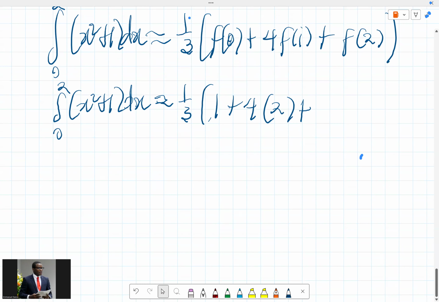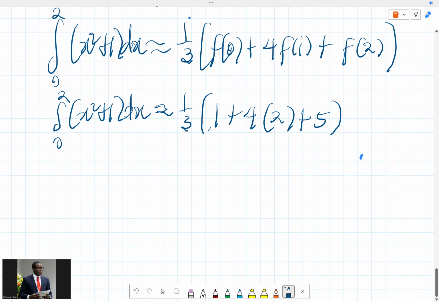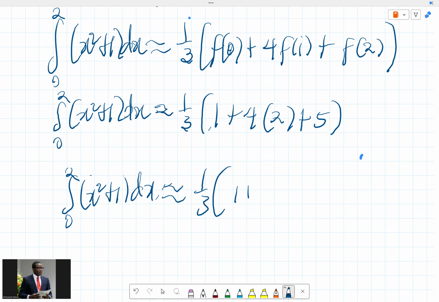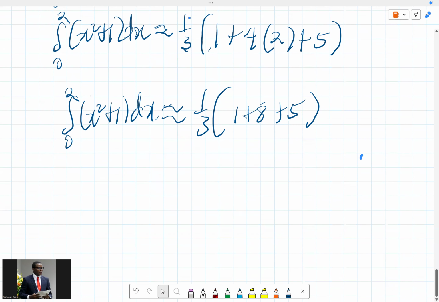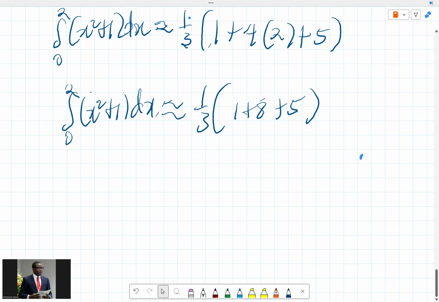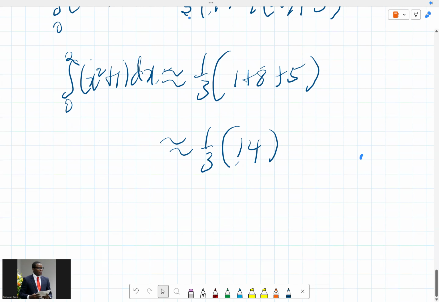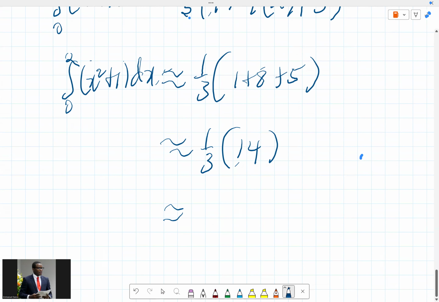So it is 1 over 3 into 1 plus 8 plus 5. That means we have 1 over 3 into 9 plus 5, that's 14. So this is approximately 14 over 3,